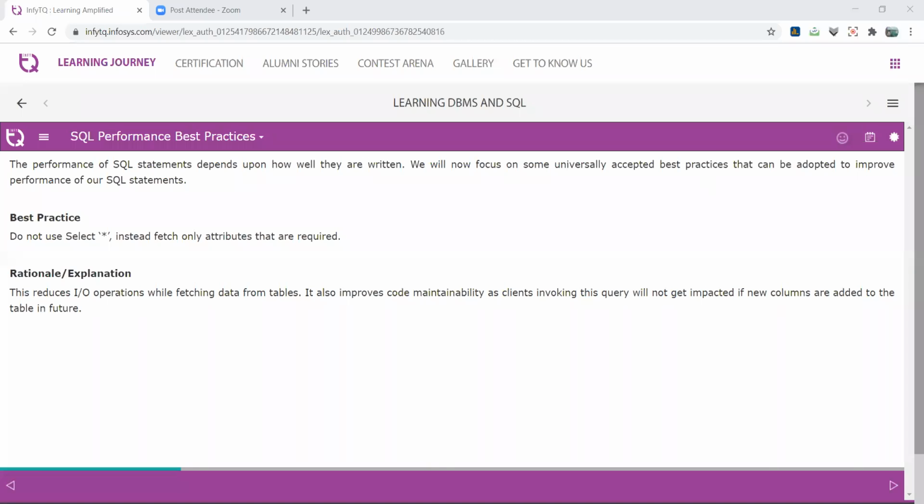Okay. So in this part, we focus on certain topics, and these topics are directly related to how to optimize the query. The first and most essential thing is the asterisk symbol. Most of the time we, intentionally or unintentionally, use select asterisk from table name.